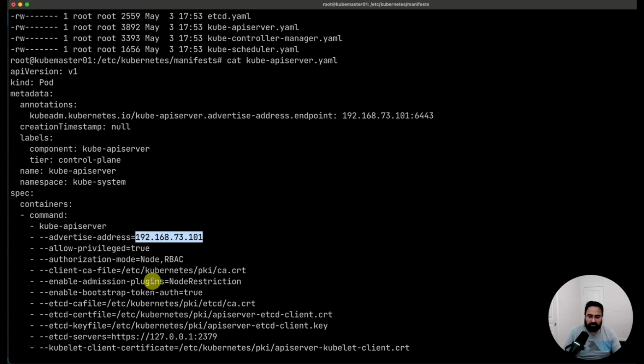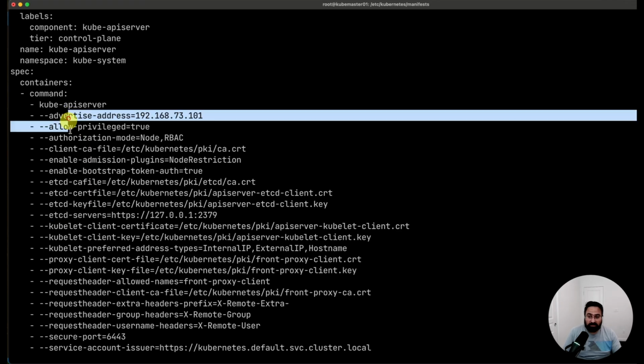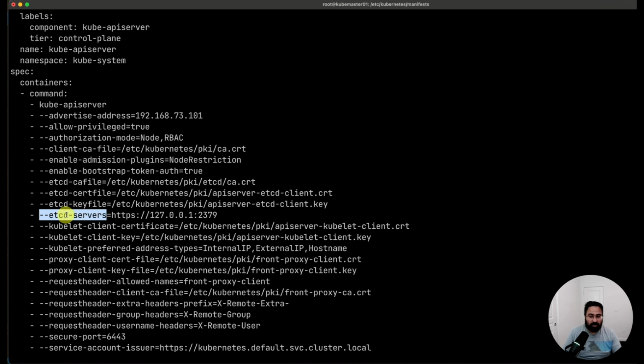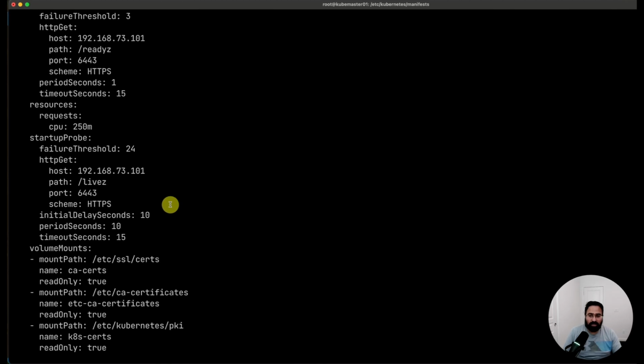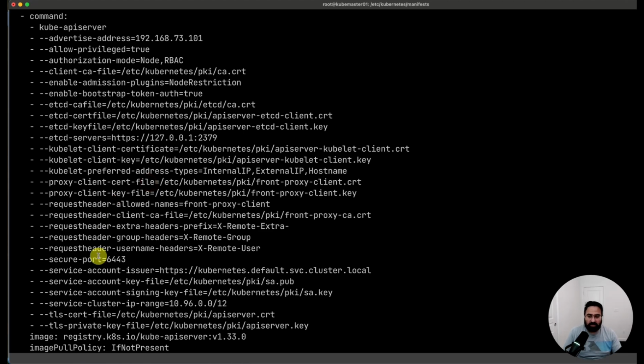It says where to advertise, or on what IP address people should be able to connect to it, and where it should go and connect to the etcd server. All these options that you see here, you should know a bit about them, right? During the exam, they might mess up this etcd server, and instead of HTTPS, they might say HTTPX. So just one character change, and your API server will not start. Or they'll say extend it, add a new option, right? So we'll look into those things, but